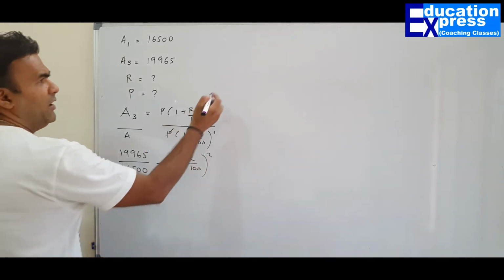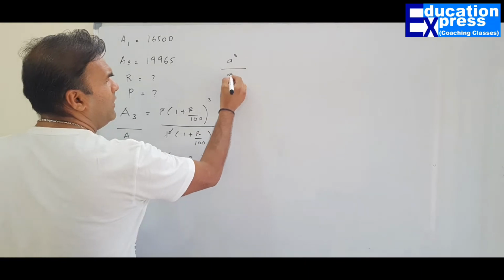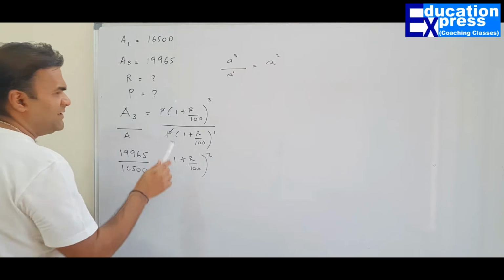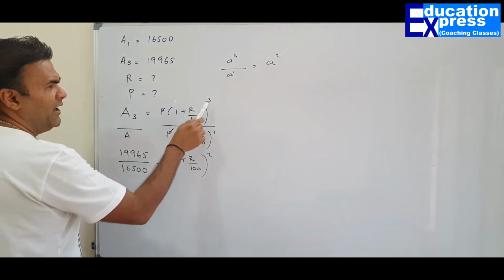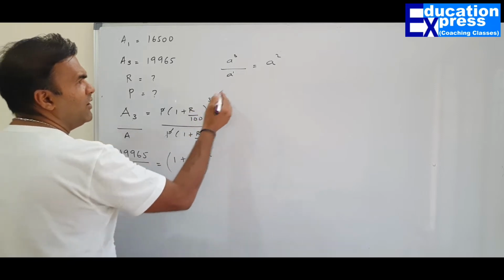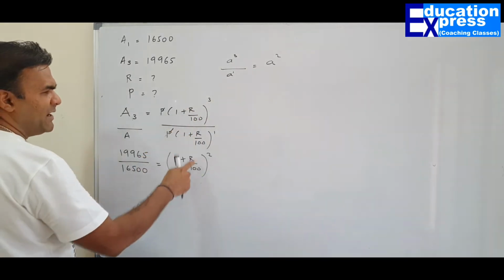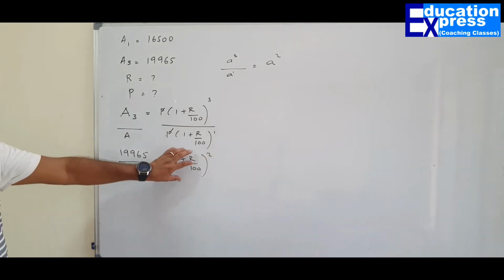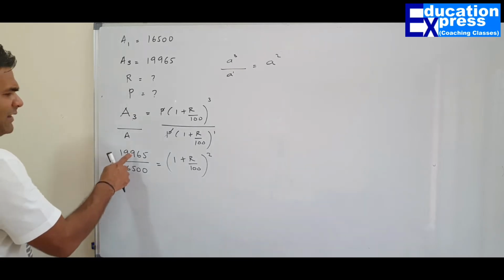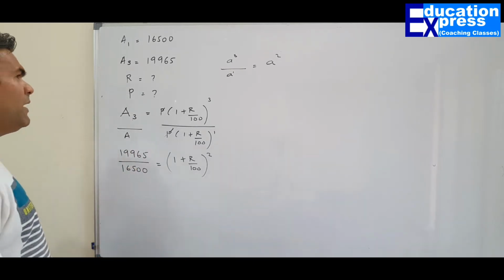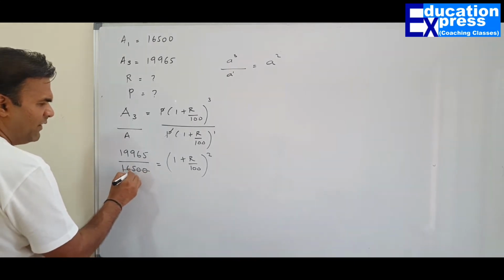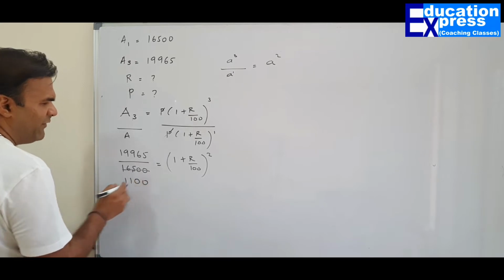Check it out. If you have A cubed upon A, that is A raised to 1, the outcome would be A squared. In the same way, (1 + R/100)^3 upon (1 + R/100)^1, the outcome would be (1 + R/100) squared. We know that this portion is a square, so undoubtedly even this portion has to be a square. Can we divide this number by 15, because both are divisible by 15? If you divide by 15, you get 1100.